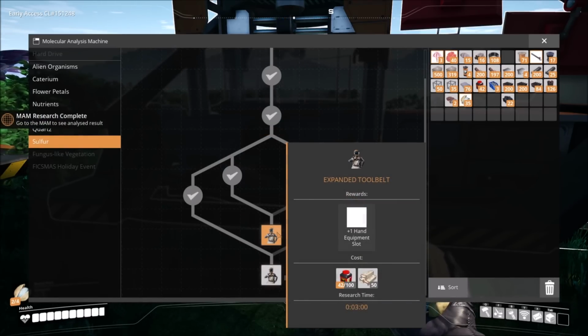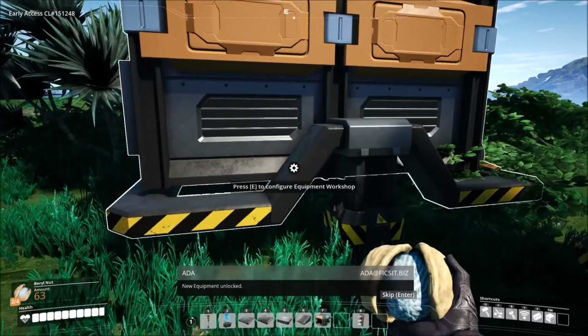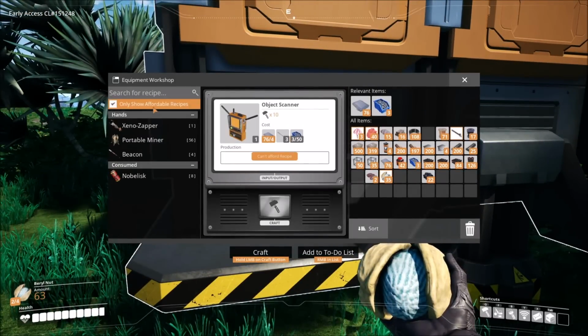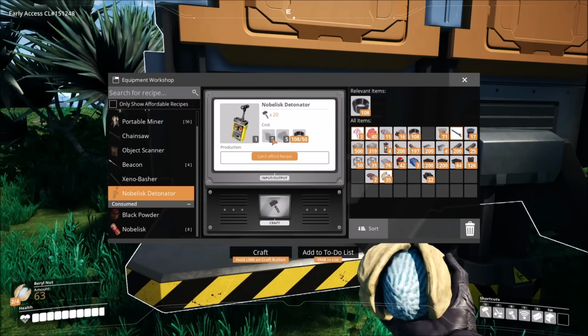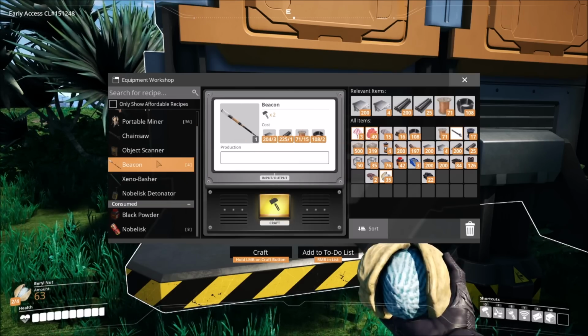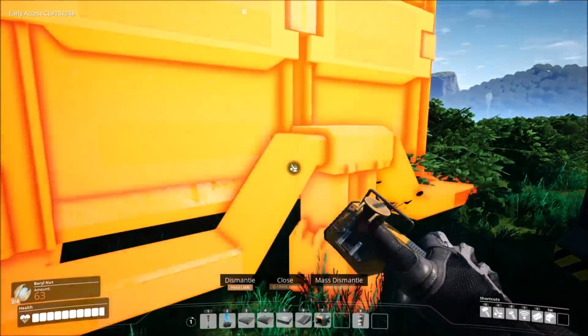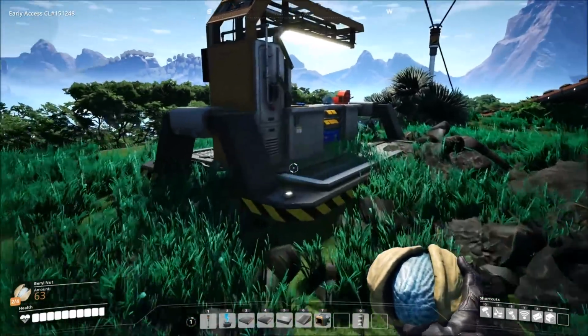That is cool beans. Ooh, we can get an extra hand equipment slot if we want. New equipment unlocked. Yeah, buddy. Alright, so the Nobelisk detonator is going to be a one-time craft. That's going to need some more object scanners, and something in my gut tells me that we are low on resources to handle this. So what I'm going to do is make sure I've got enough